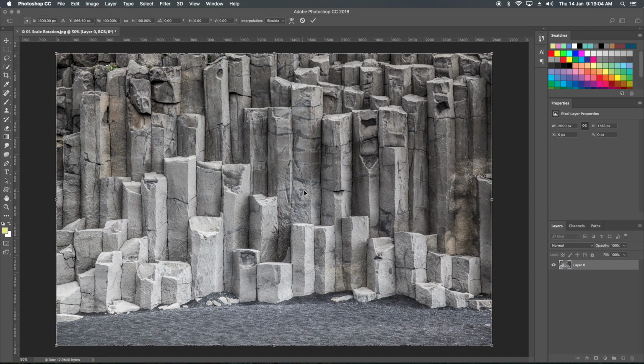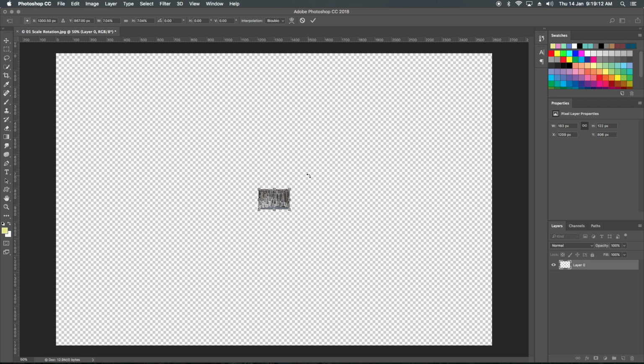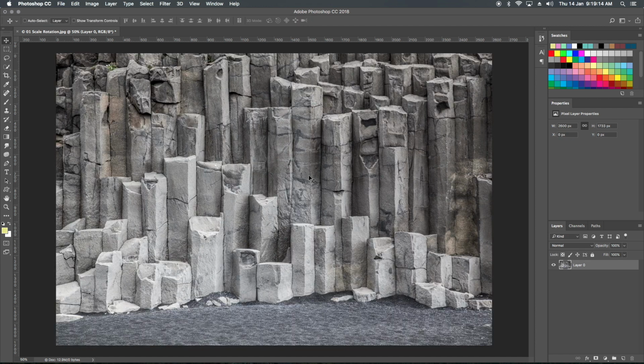Now what if I do some scaling? Maybe at one time I'll scale my picture down. Let's first escape and make a duplicate of this.